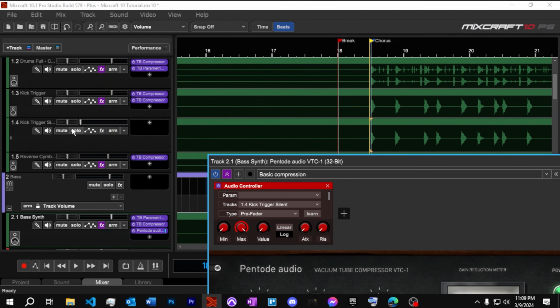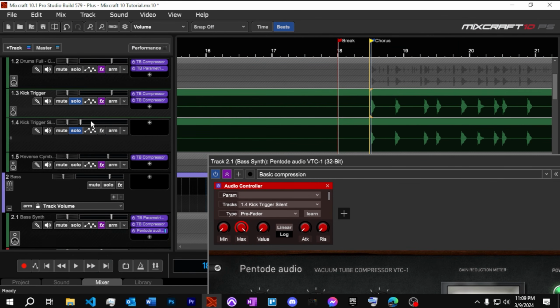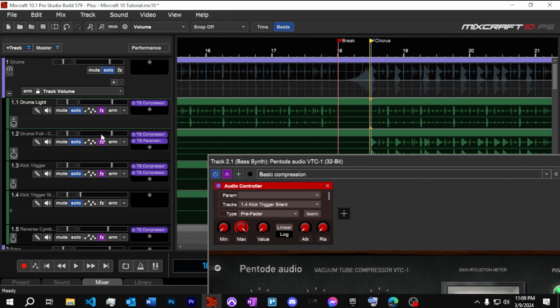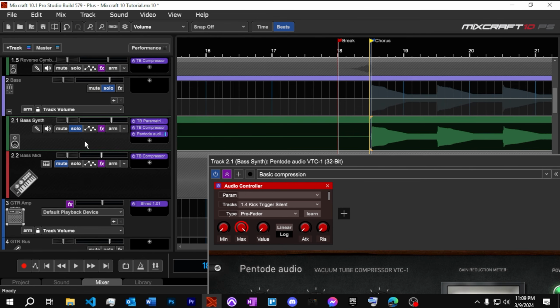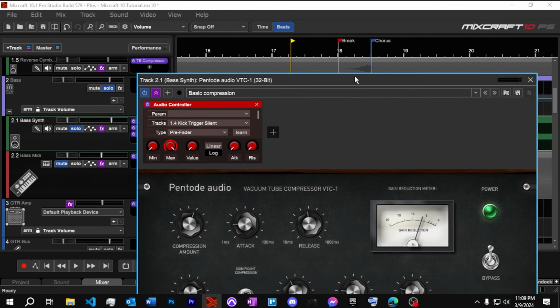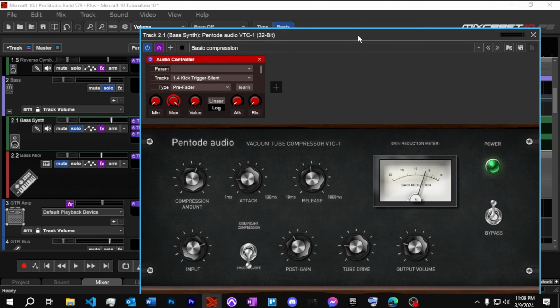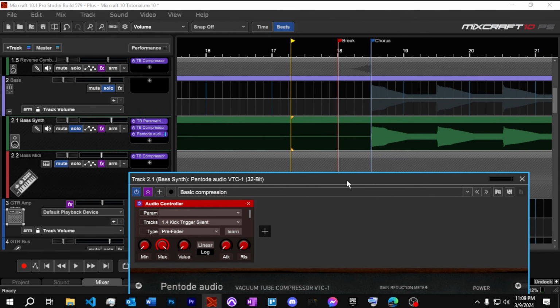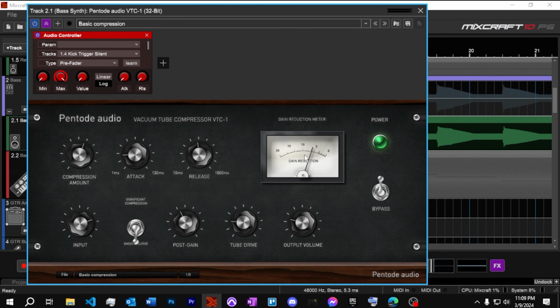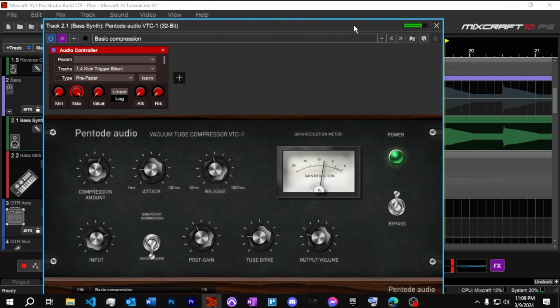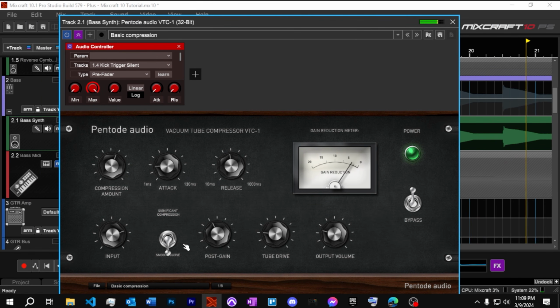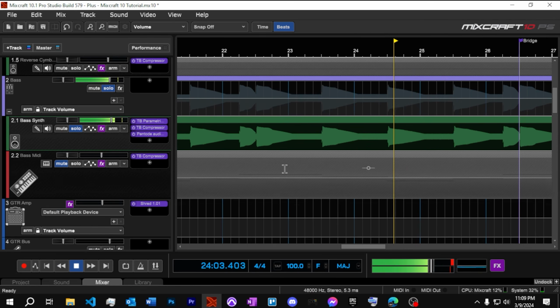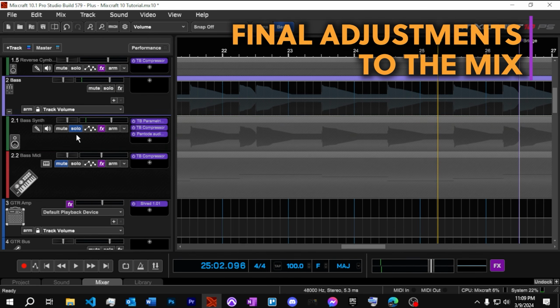And then if I solo that effect and this other kick and the drums and this bass, you'll hear what happens when the kick actually interacts here. And I'm going to move this. Okay, so we'll do it so you can see that this happens right here. Okay, and then all together,